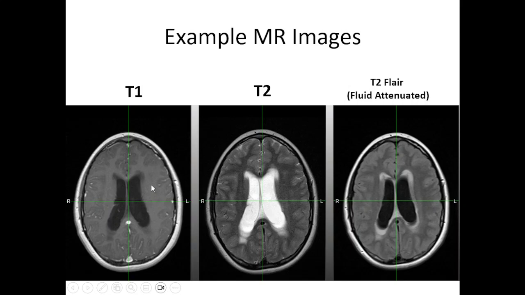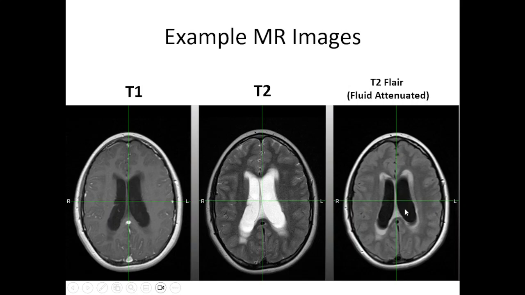And the white matter is brighter on the T1 compared to the T2. And on the very right is a special case of T2. It's called T2 FLAIR, which stands for fluid attenuated